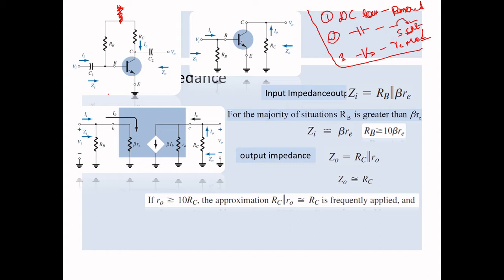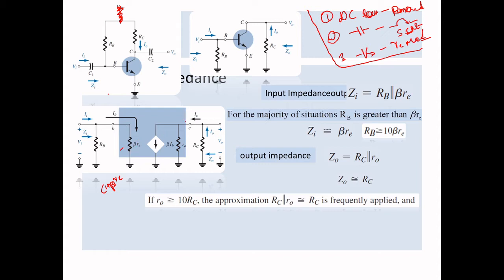Now your transistor has to be replaced by the model. That I am going to teach you now. Already we discussed it in the last lecture. Very simple, between base and emitter you have a resistance beta times re. This is approximately how it is written. Exactly we can write it as (1 plus beta) times re. You can write it in either manner. Here it was written approximately.